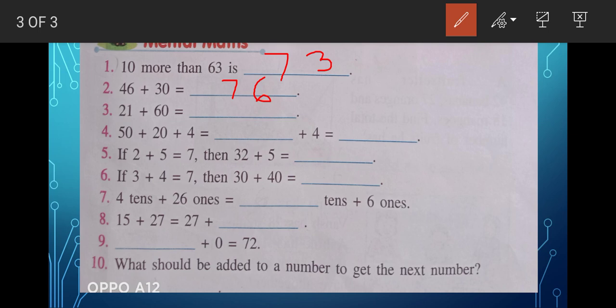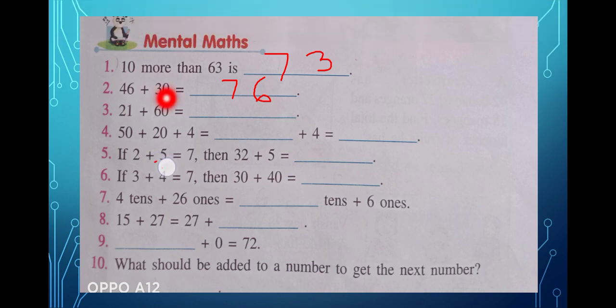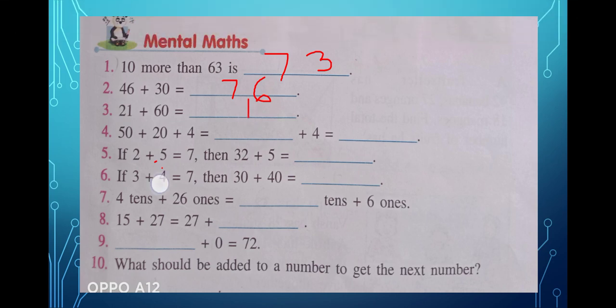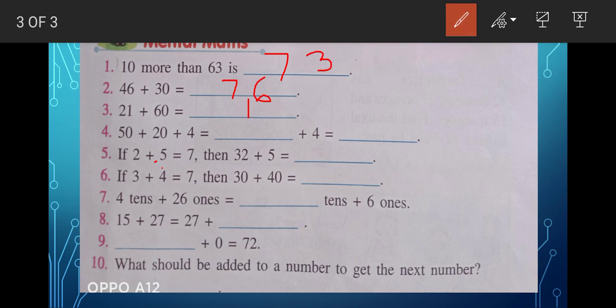In the same way here 21 plus 60 will be, you can add it this way also, ones and ones. This 0 and 1 is in ones place. So 0 and 1 will be how much? 1. Okay, now in tens place what is the number? 6, and here it is 2. So 6 plus 2 become how much, children? Yes, it is 8.